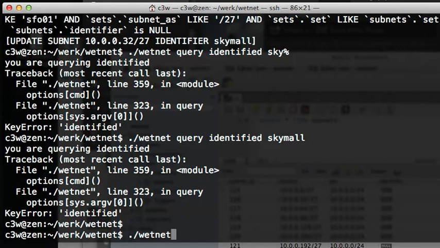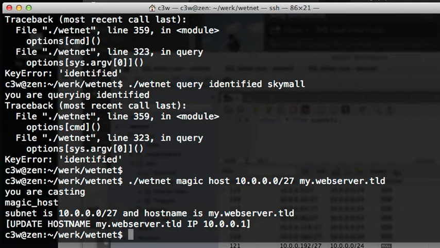So now we're going to go and get a magic host. So we're going to get this host, and we're going to give it the subnet, which is the very first. This is Farmer Joe's subnet, and we're going to give it a name, and it's going to update that in the database. See, it gives us the first available one, which is .1. It'll never give out a network or broadcast IP for the auto provisioners. Those aren't even in the database. They're not striped in the database at all, so there's no way to